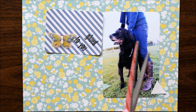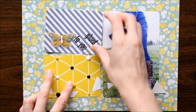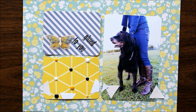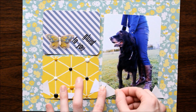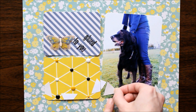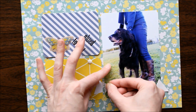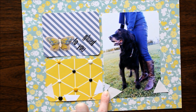And the trick with this is I wanted it to look really clean, so I trimmed the edge of the triangles off, and the only one that I'm reattaching is the one in between the 3x4 and 4x6, because I just feel like it flows a little bit better that way. The reason that I trimmed that off is because I just wanted a little bit more of a finished look, because I am going to be doing an embroidery border around the edge of my spread here, just to